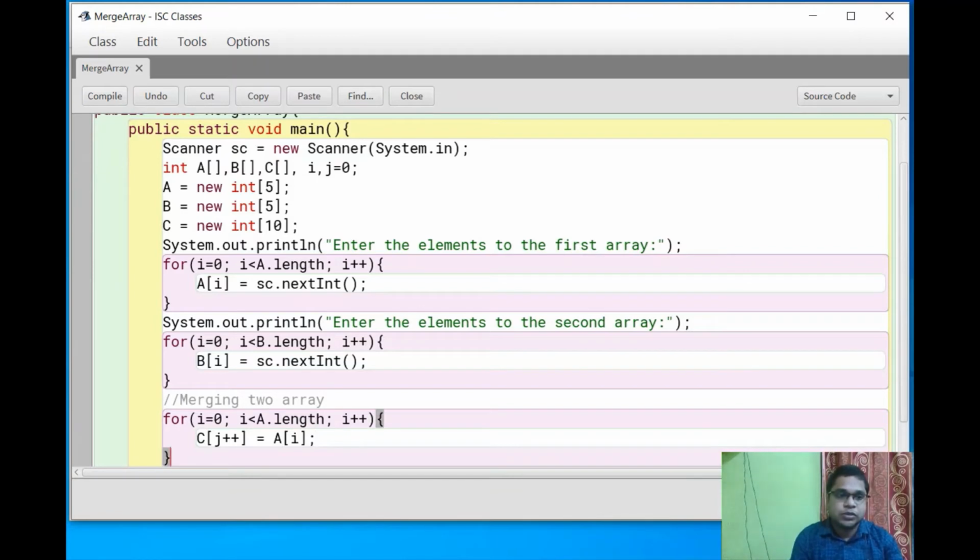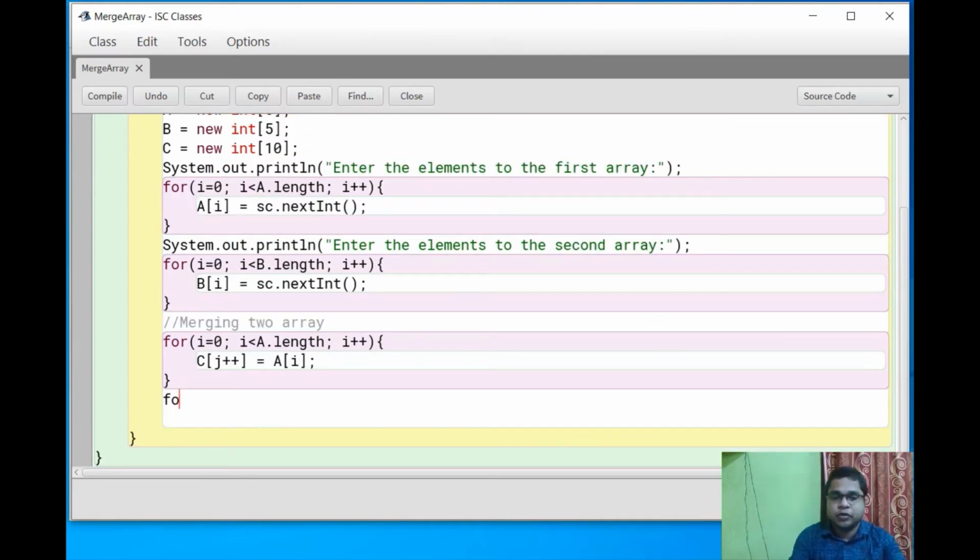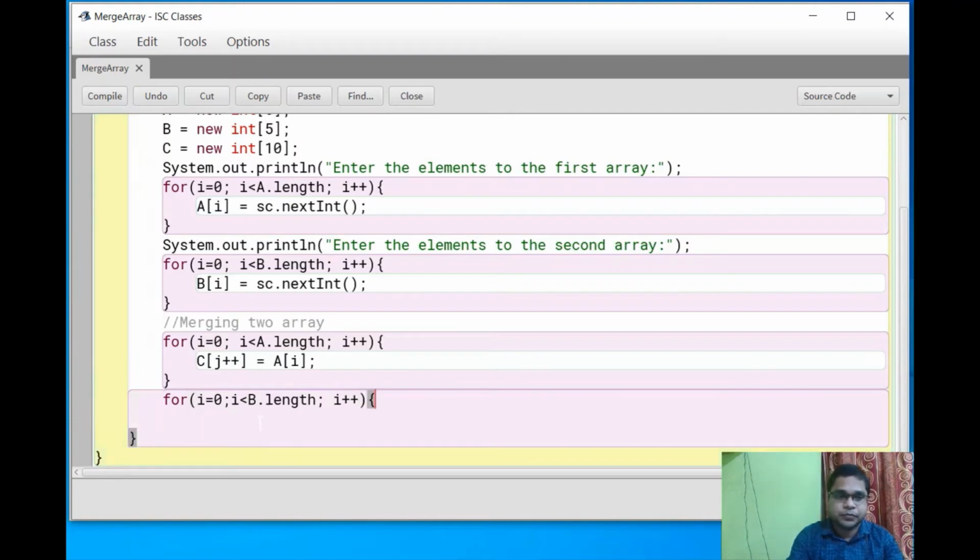After this for loop executes, all the data of your a array will be stored into the c array. Now I am taking another for loop for i equals 0, i less than b dot length, then i plus plus.